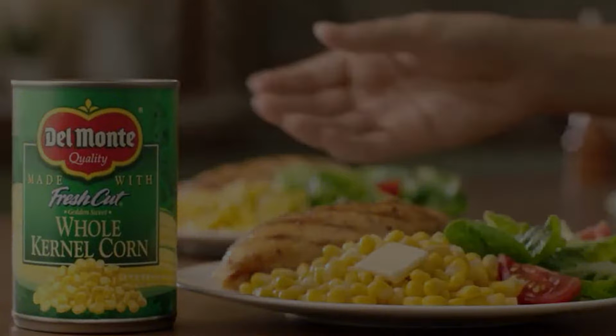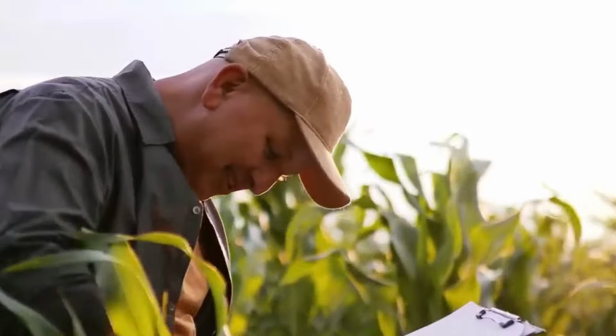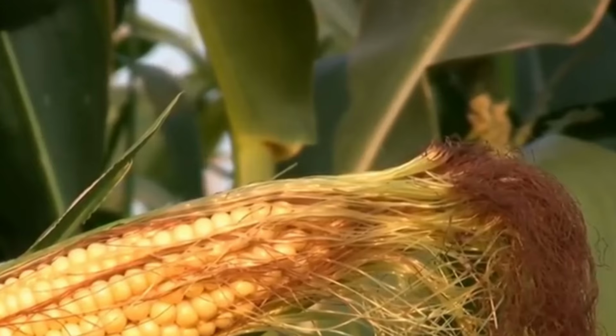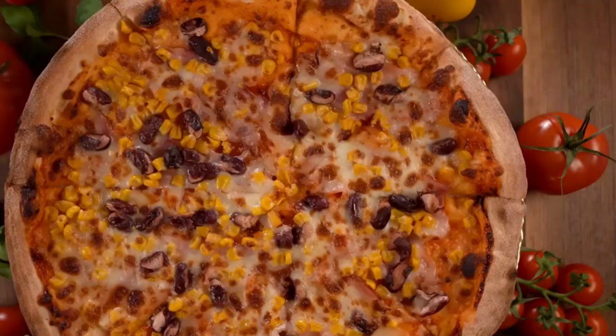your meals. Corn is a global superstar, with over 1 billion tons harvested annually. But in the United States, sweet corn holds a special place in our culinary culture. From creamy corn chowder to vibrant summer salads, it's a versatile ingredient that brings a touch of sweetness to countless